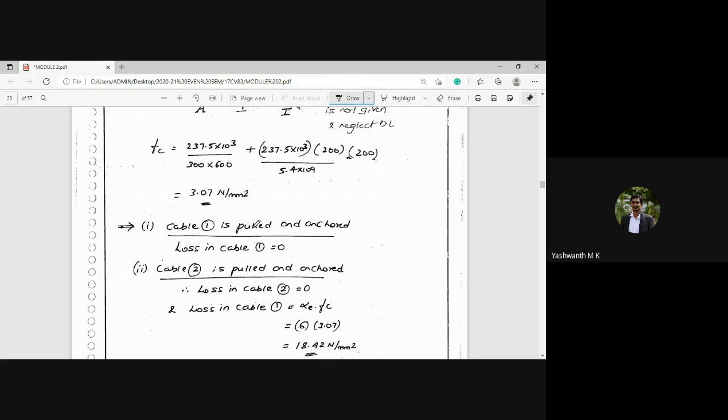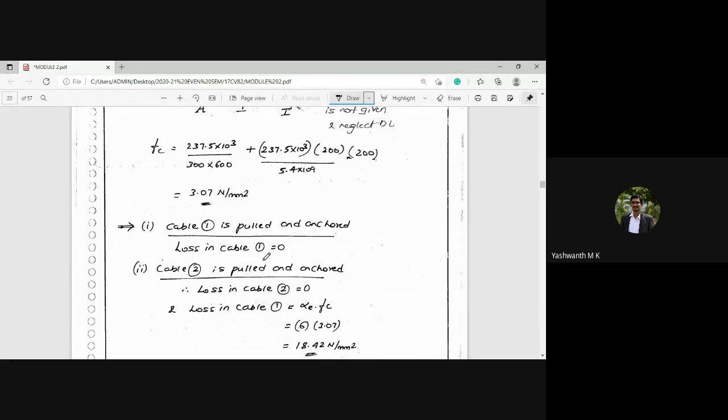At that particular instance, no losses will be encountered. Why? Because I have pulled one cable and applied a pre-stressing force. So no loss at all. The cables are pulled only one. Am I right? So hence no loss at all. I think I discussed the same thing in the previous case also. Since there was only one cable, I can pull only at a time, and I can induce a pre-stressing force. The same case will come across here also. Is it clear? I hope you understood this.